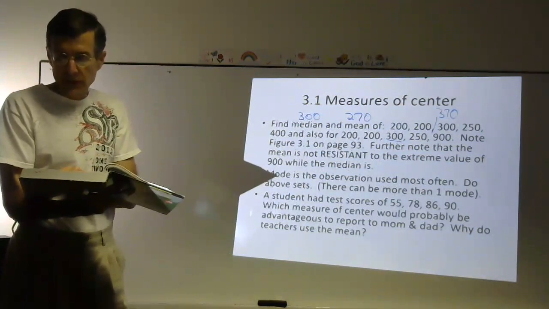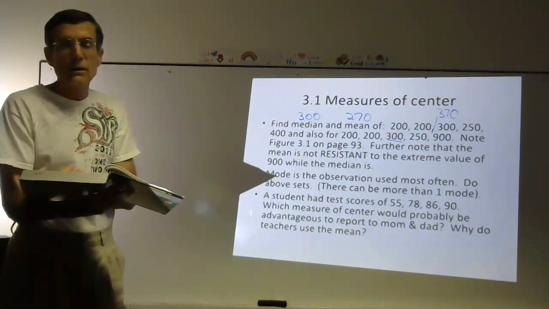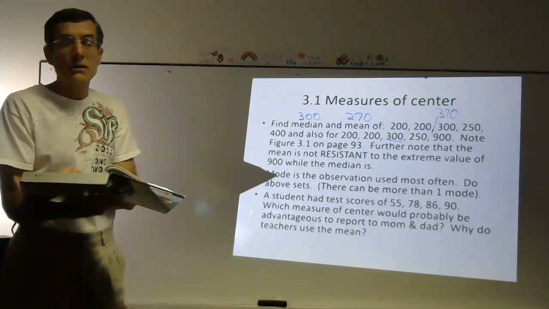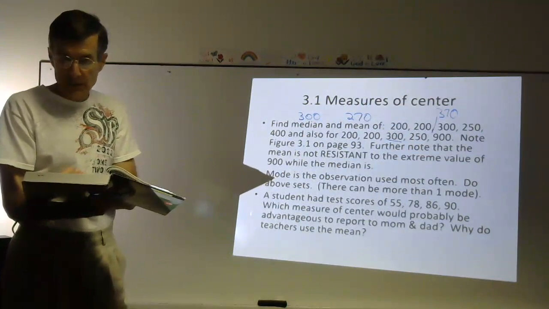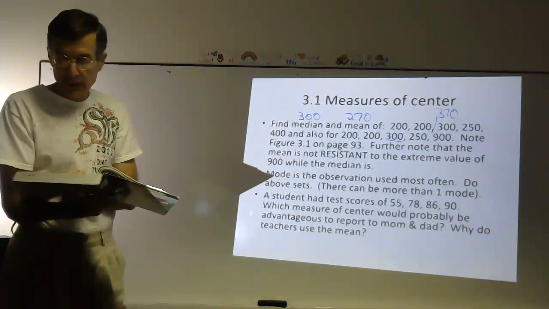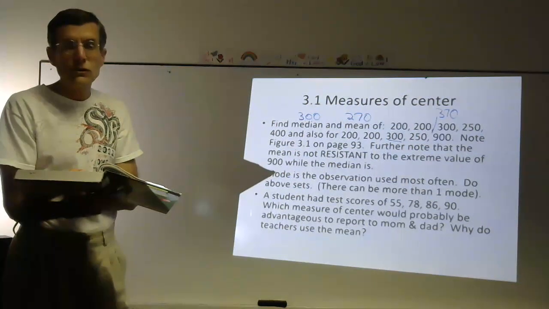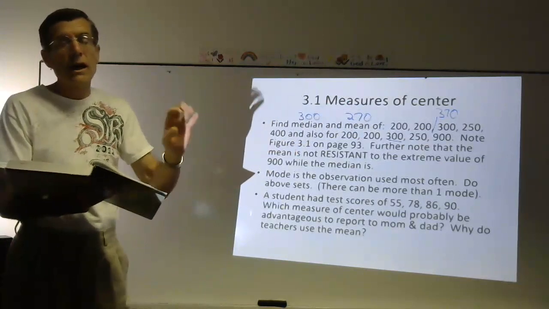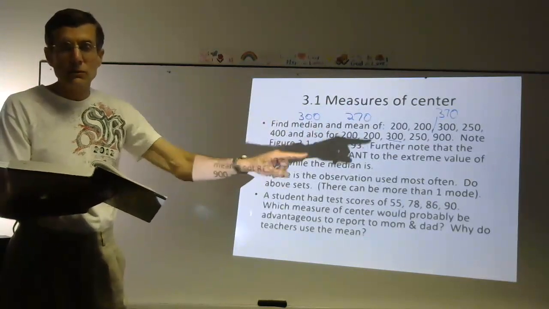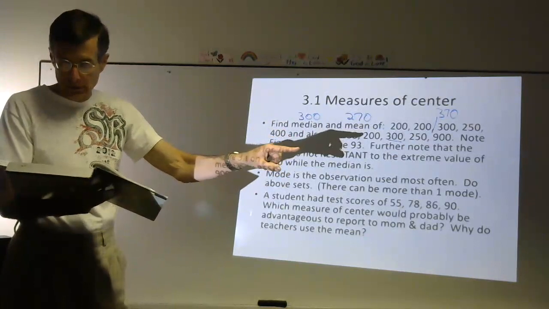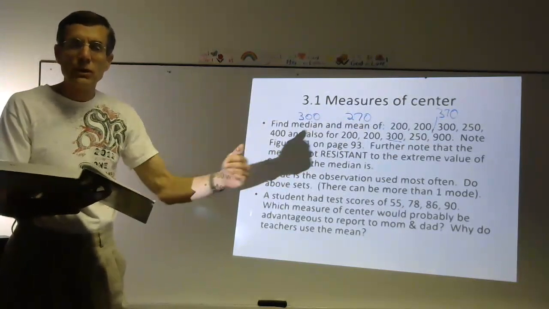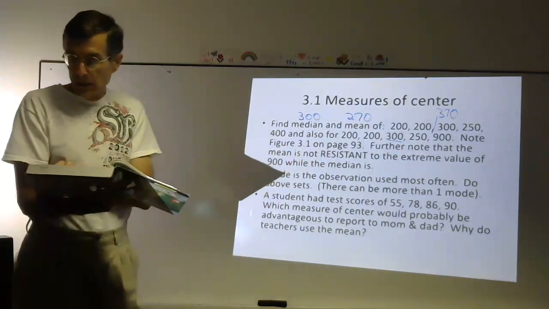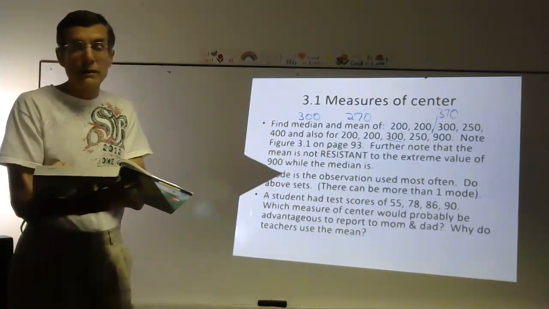Do you see the middle diagram there on page 93 is a perfect bell shape? Do you see how the median and the mean are exactly the same value? Now let's look at the one on the left. The picture on the left is skewed to the right. In other words, there are a few bigger values to the right, the bigger ones. And notice how the mean is pulled in the direction of those bigger ones, just like it happened here. Look at the blue picture to the right.